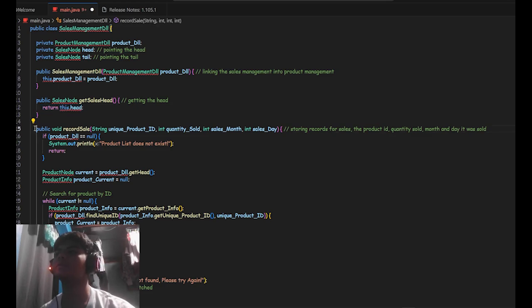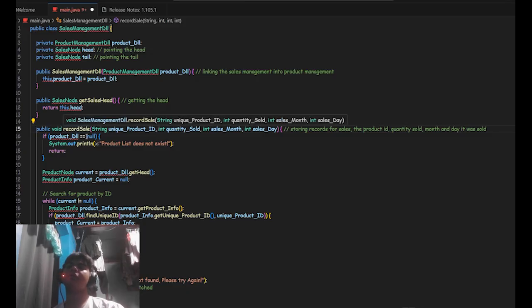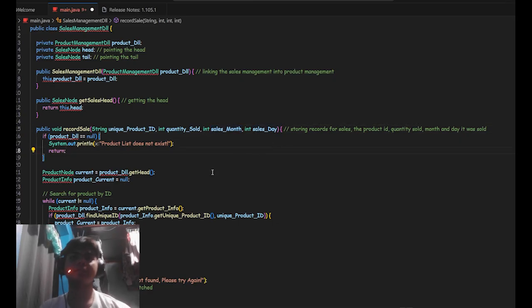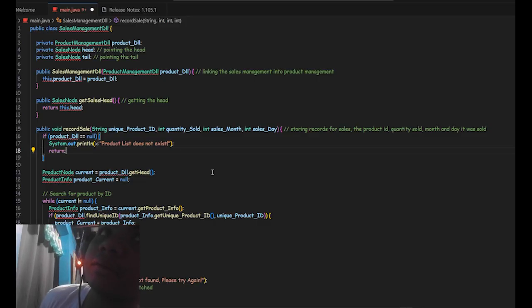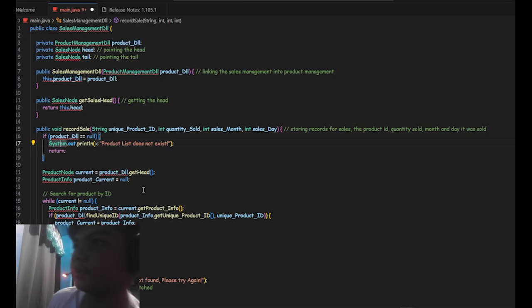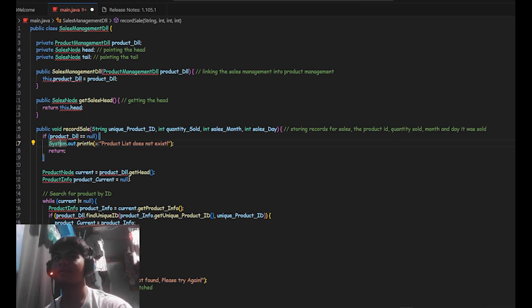Then this is the function public void with the name of record of sale with a parameter of string unique product ID, int quantity sold, sales month, and int sales day. So this stores the record for sales, the product ID, and the quantity sold, month and day that it was sold. So in this if statement, if the product DLL is null, then the code will show that the product list does not exist.